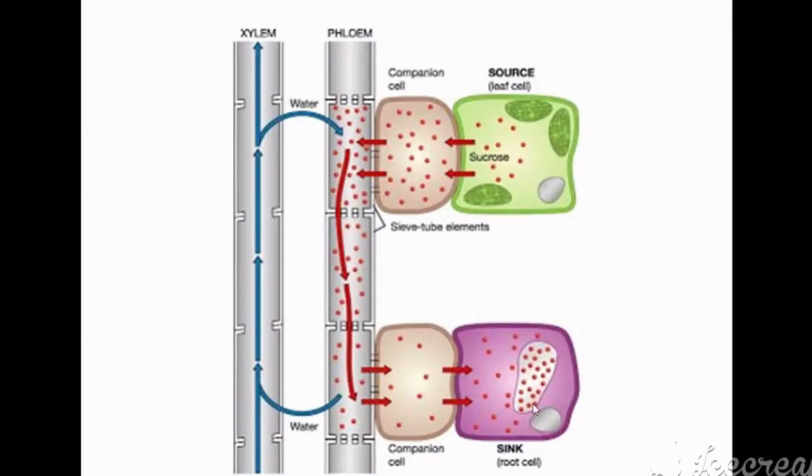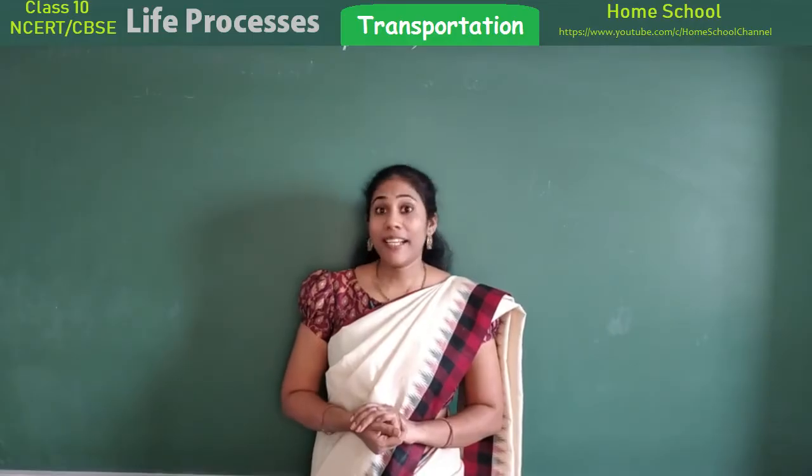Later, imagine this is a root part. From the sieve tube, food is again going to the companion cell. The companion cell is associated with the root cell, so food is going to the root. So this is how the food that is synthesized in the leaf cell is going to the bottom part of the plant, that is, the root cell. Similarly, it can go to the topmost part of the plant also. With the help of what tissue, guys? With the help of phloem tissue. So this is all about translocation and the ascent of sap.